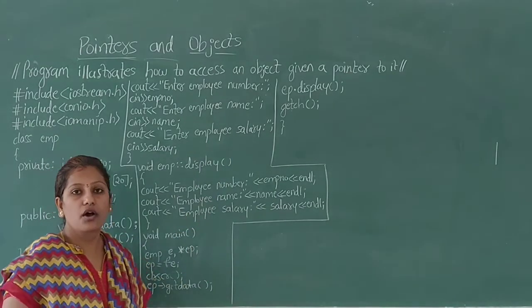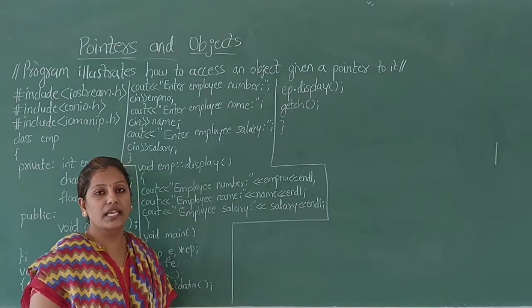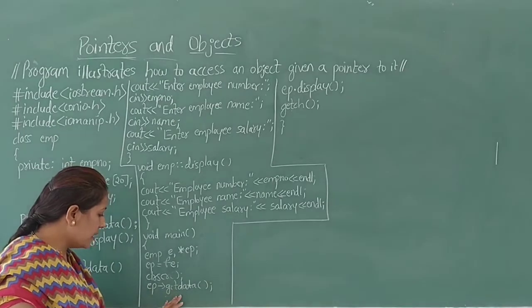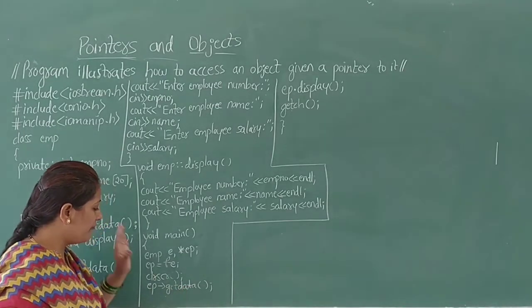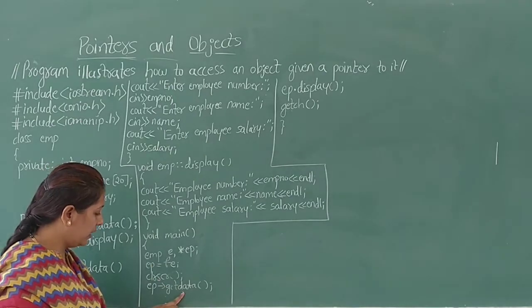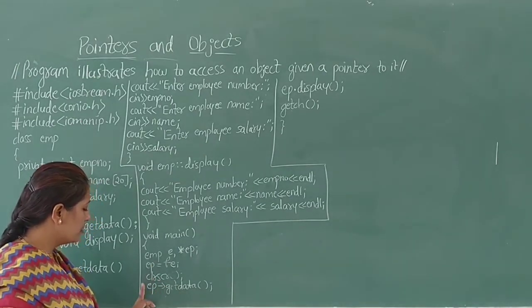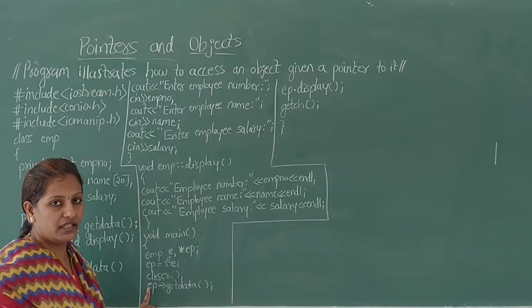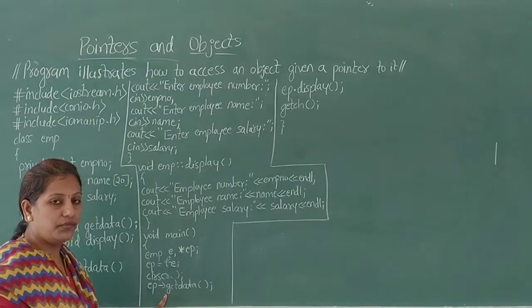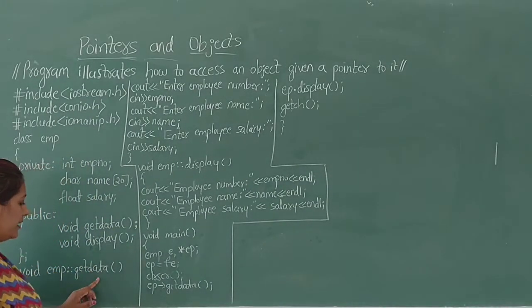Therefore, to access the members of class emp in member function get data, the arrow operator is used with the object pointer ep. Okay, then the control statement directly connects to the get data function, where it is defined